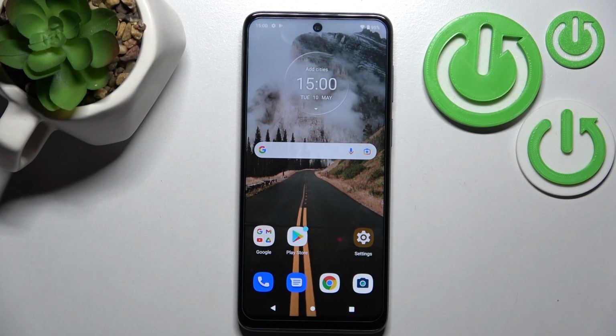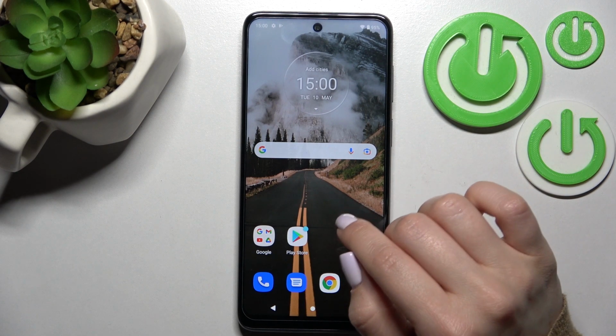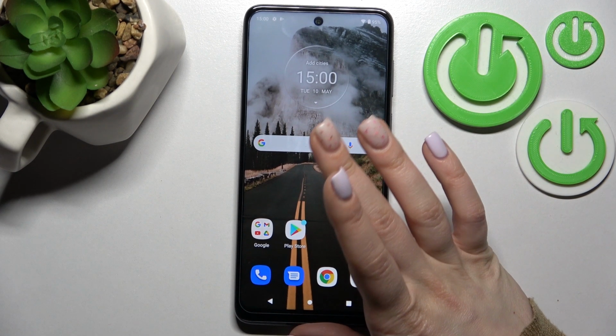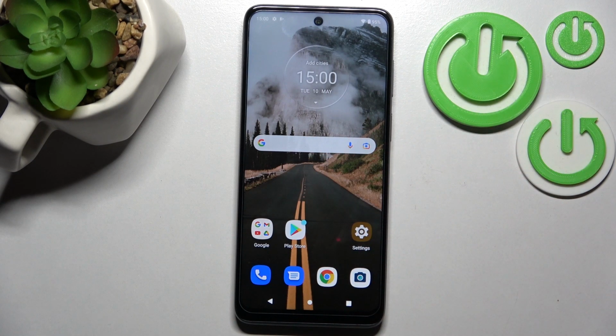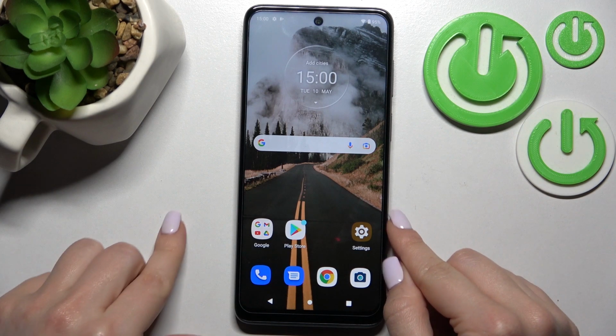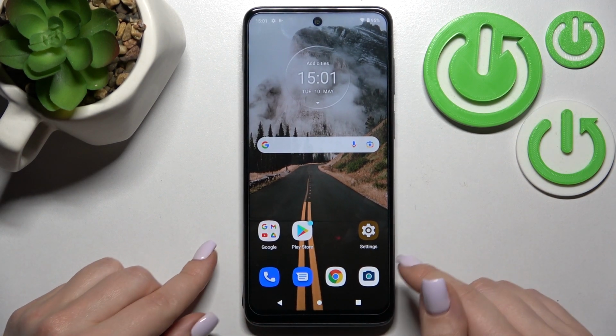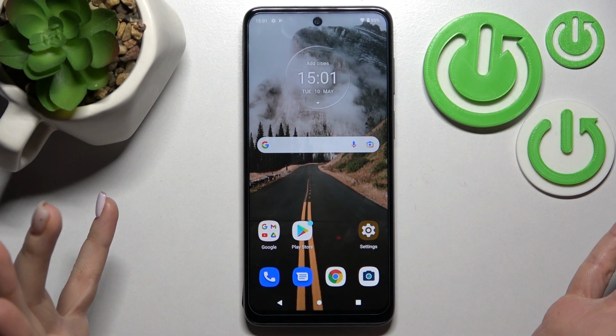Welcome, today in front of me is a Motorola Moto G22, and I'll show you how to turn on the always on display feature on this device. So first you should go into the Play Store, because unfortunately the AOD feature is not installed by default, and to activate the always on display we should get an application from the Play